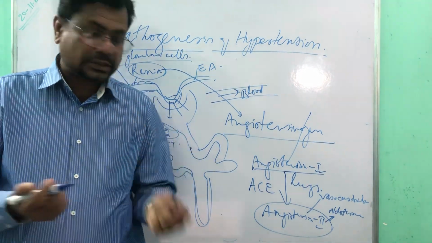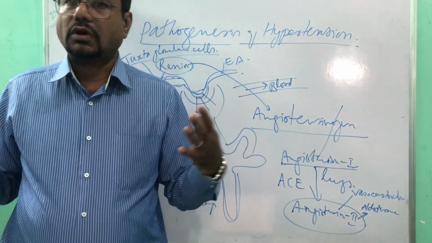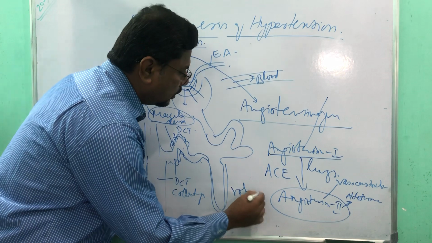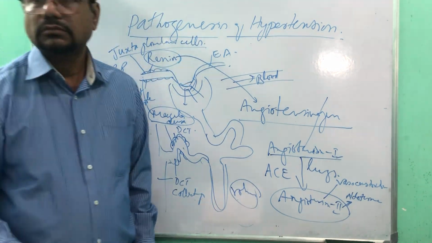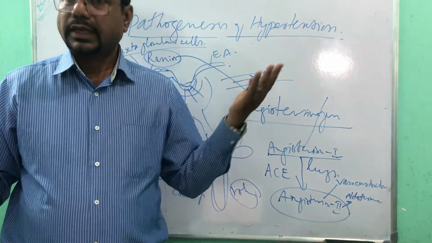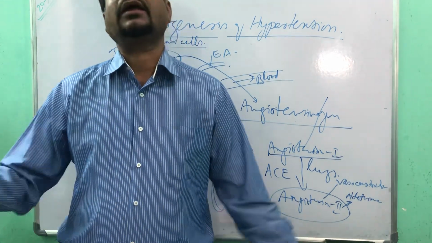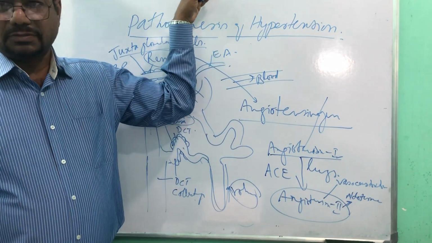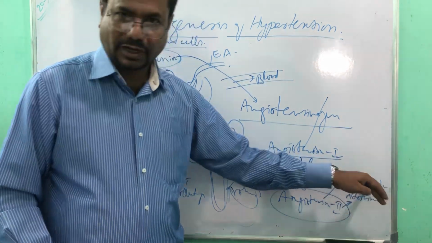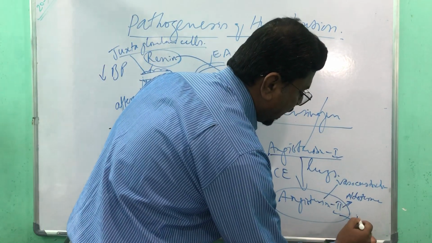Okay, so as more and more salt is reabsorbed, water also comes. Along with sodium, water always comes. So what about the volume? Does the volume of blood increase or decrease? Once it is reabsorbed more, yes, the volume increases. As volume increases, blood pressure increases. We started with decreased blood pressure. One way it is increased is by vasoconstriction, increasing the peripheral resistance. Another is aldosterone. The third mechanism by which it acts is